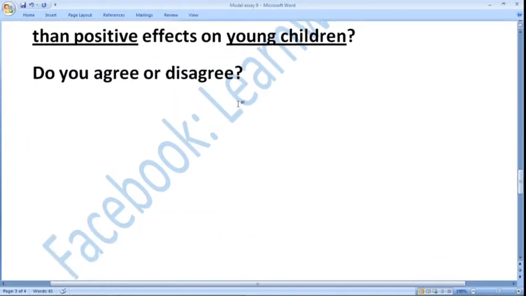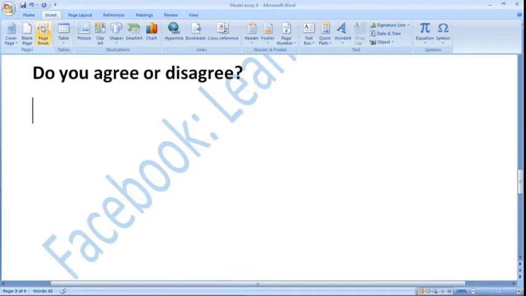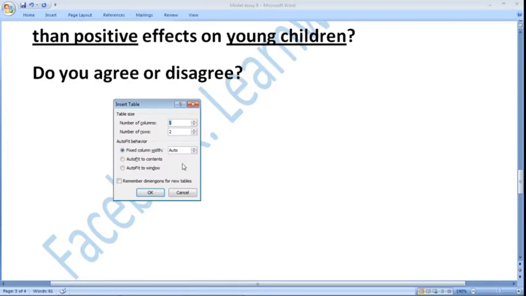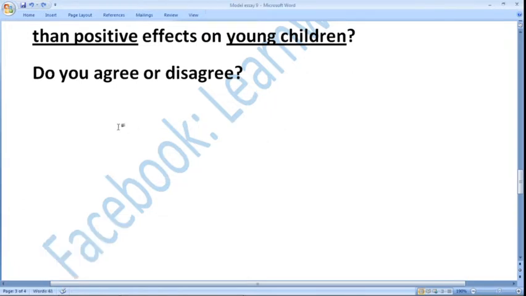In your real exam, your writing task would be at the start, two or three lines, and all of the rest of the page would be blank. You can use it for brainstorming to make your plan. So first of all, we will make a table. You can write advantages here, positive points here, negative points here, and then go 1, 2, 3 for each of them. Let us make a list.